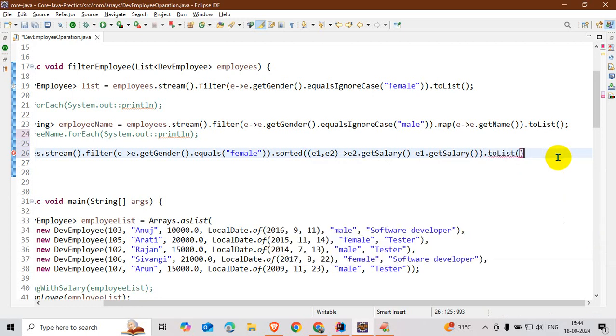But here there is a type mismatch, so I want to typecast.